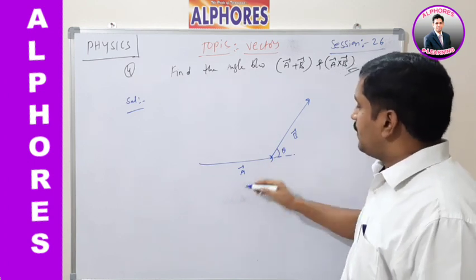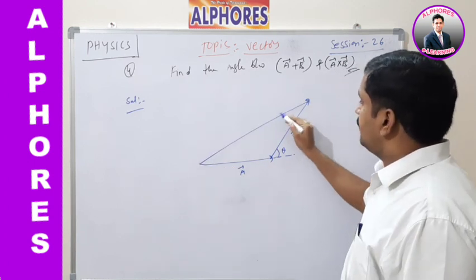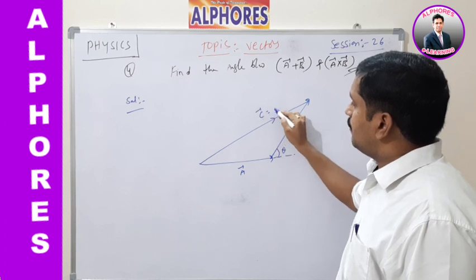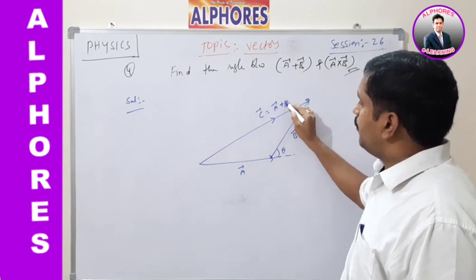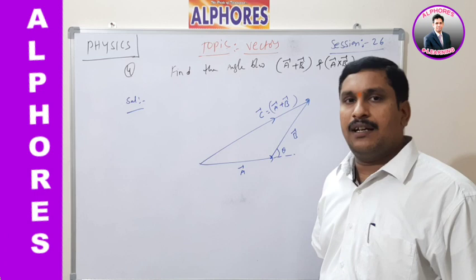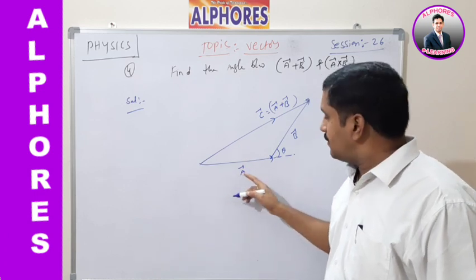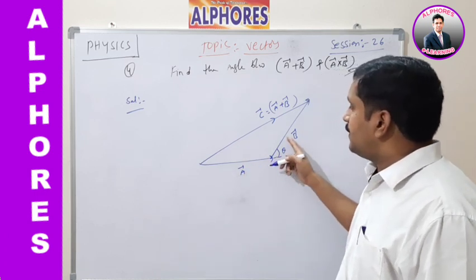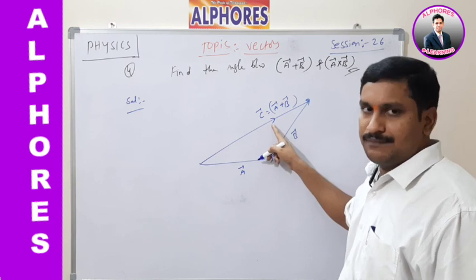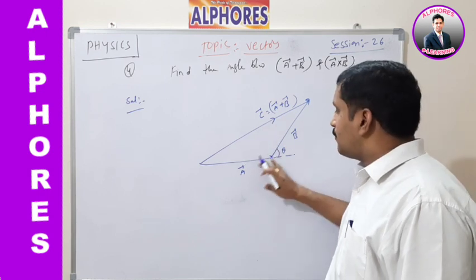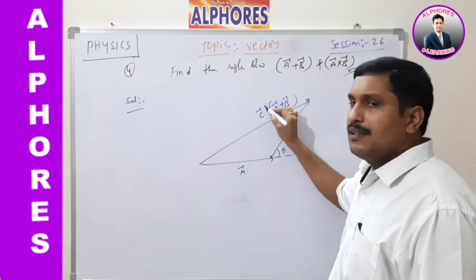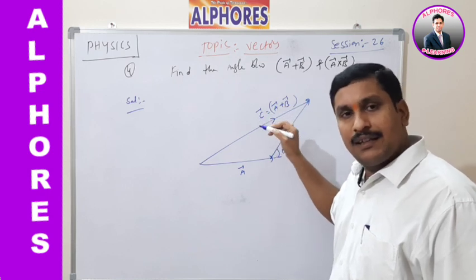By adding these two vectors, listen carefully, the third vector is like this. C bar is equal to how much? A bar plus B bar. We know already, from the triangular law of addition of vectors, that the two vectors which are taken in the same order, the third vector is in reverse order. That means by taking the addition of these two vectors, the third vector is in the same plane.